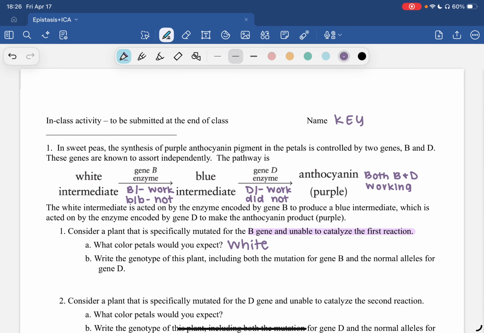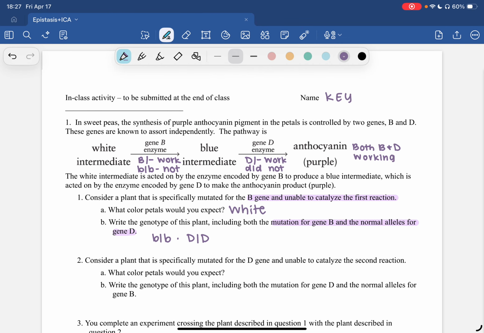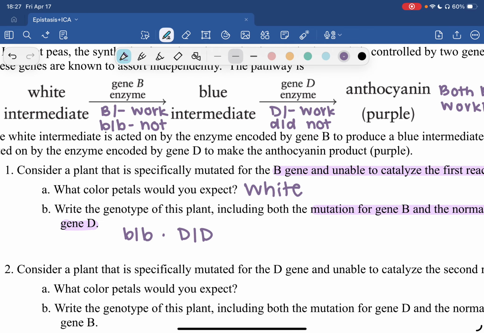So when we're looking at what the genotype for a white petal individual would have, again, they have a mutation for the B gene and normal alleles for D. So a mutation in B would look like little b, and then a dot because they're two different genes, and then big D, because the question says normal alleles, while big D/dash,